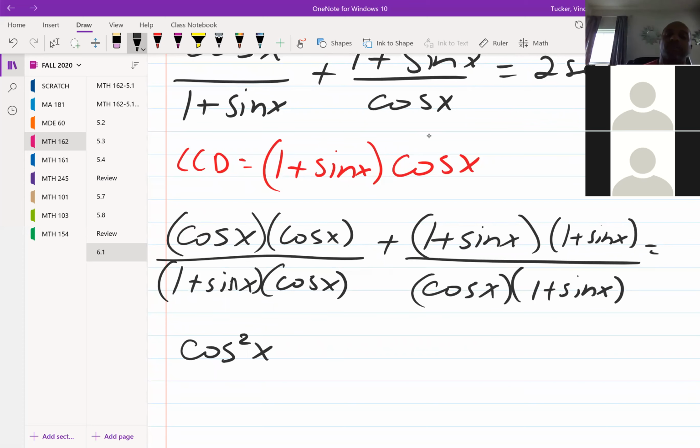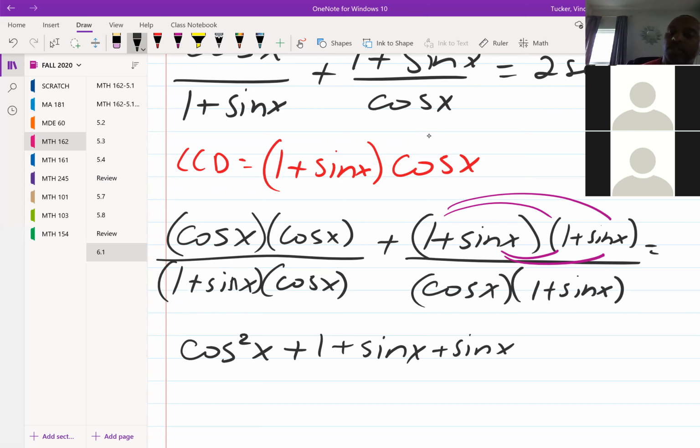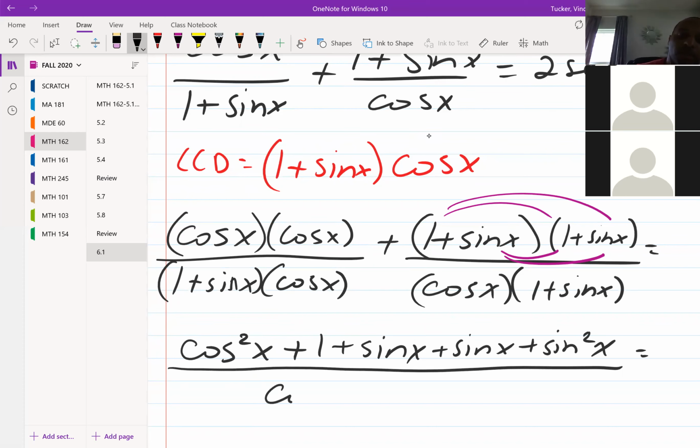So cosine times cosine is cosine squared, plus I will go ahead and FOIL this out. So 1 times 1 is 1, plus sine x, plus sine x, plus sine squared x. And down bottom,